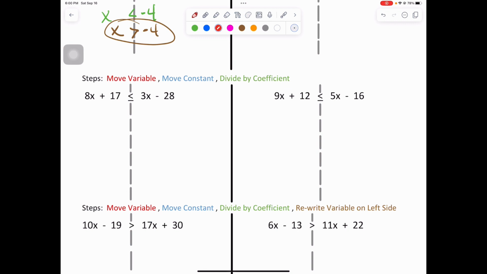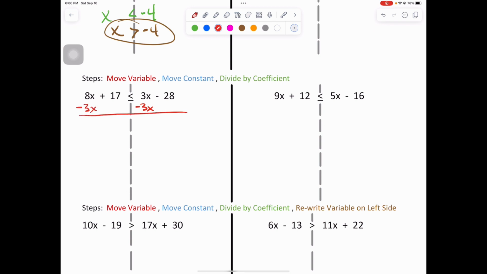8x plus 17, okay, is less than or equal to 3x minus 28. Just like Mr. P taught us in the past, we like to move the variable with less value, so we don't have to divide by a negative. We just divide by a positive. All right, so we will move the variable with less value,